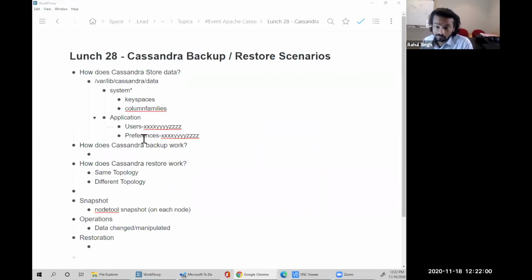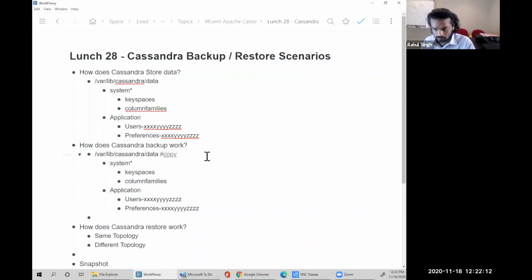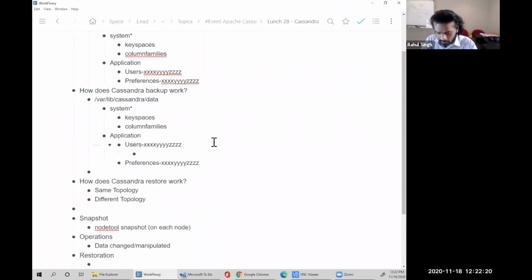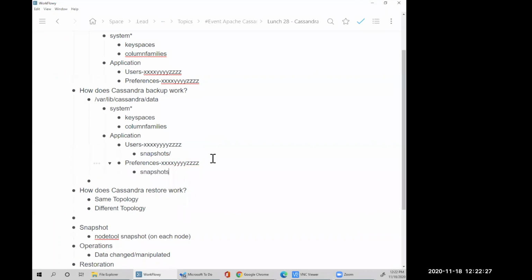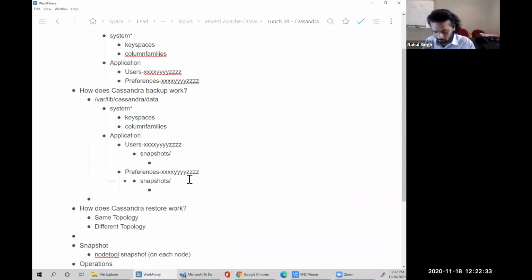So now let's talk about how does backup work. So the way that backup works is, we'll take a copy of it. We'll bring it down here. Okay. When you say nodetool snapshot, right? What it will do is it will make a directory called snapshots. And in here, if you give it a name, you can give a tag to the snapshot, it will take